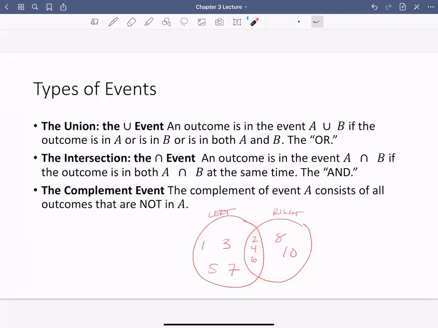So the union says it can be in one or the other or both. So I look here, here, and here. The intersection is only talking about the intersection where the Venn diagram intersects. This piece right in the middle. Okay, that's where I'm looking at. All right, now